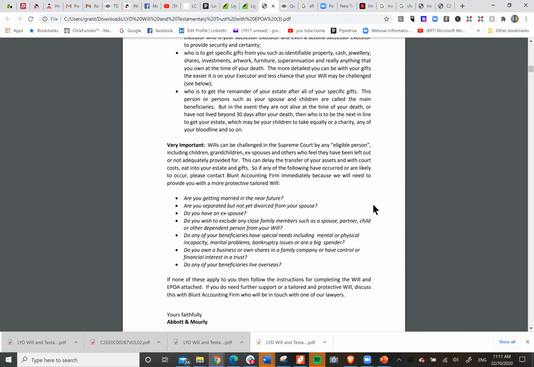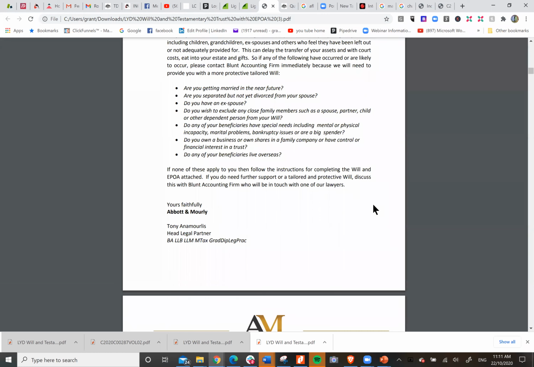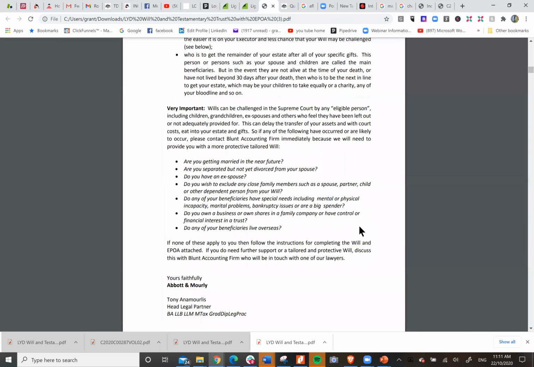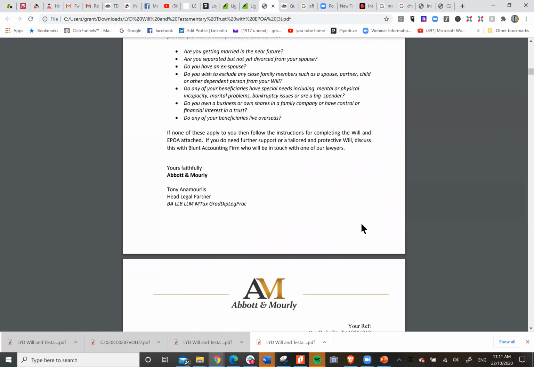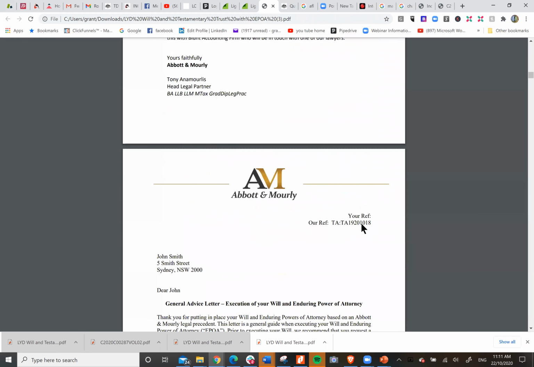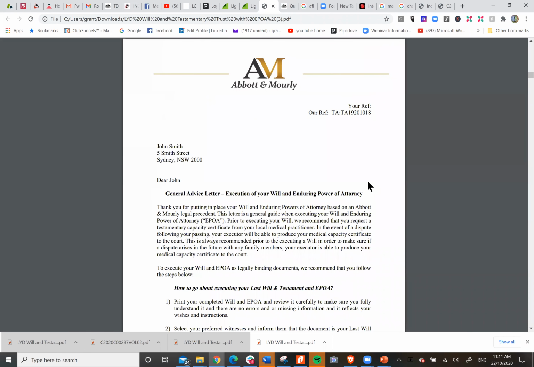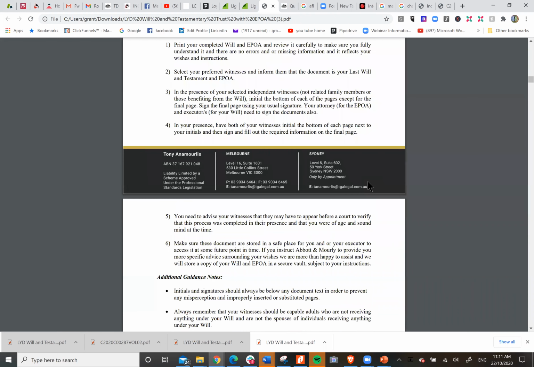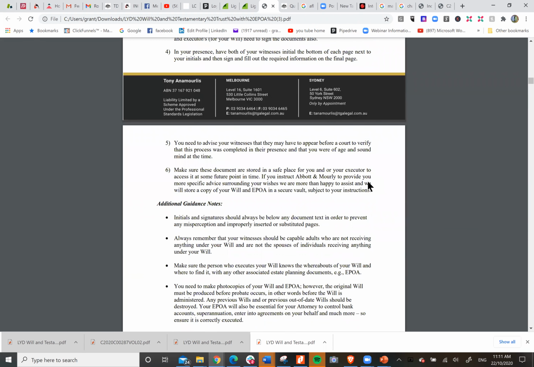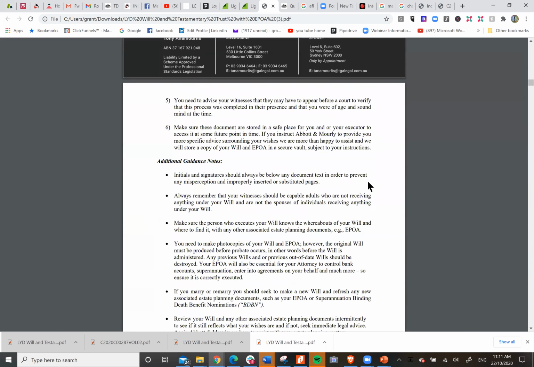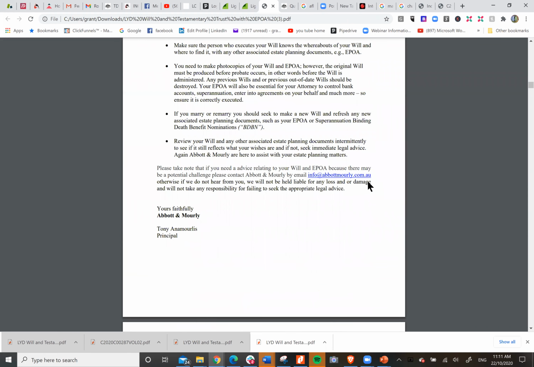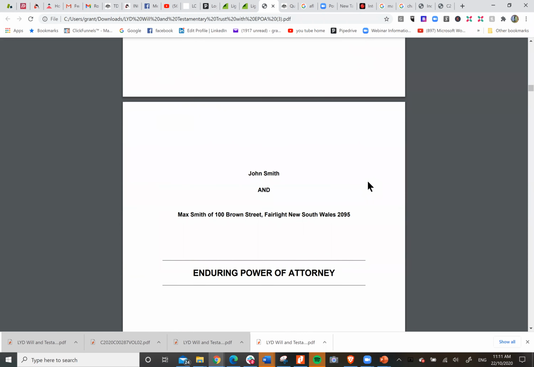So once we start to look at that, if you've got any of this, you want to move from your own perspective from tier 1 to tier 2. And if you think it's going to take a lot of time and you haven't got the time, then just go straight to tier 3, which is perfect. You get obviously the general advice letter, which talks about the process of executing. But if you're in tier 2 or tier 3, then obviously Tony will actually do that execution process with you via Zoom.